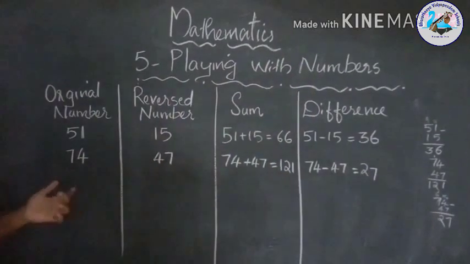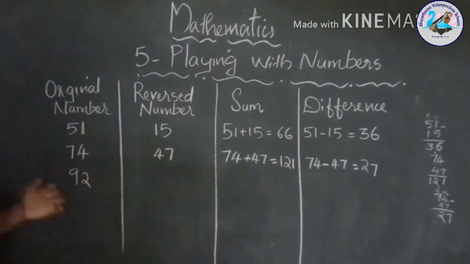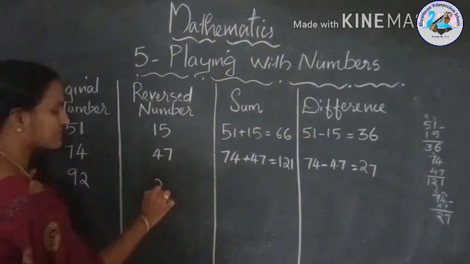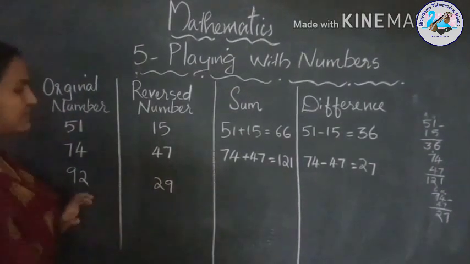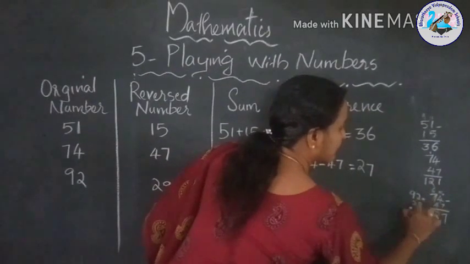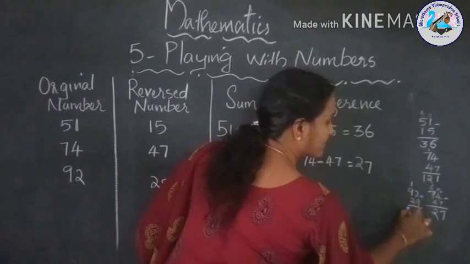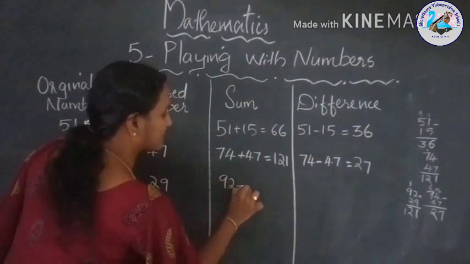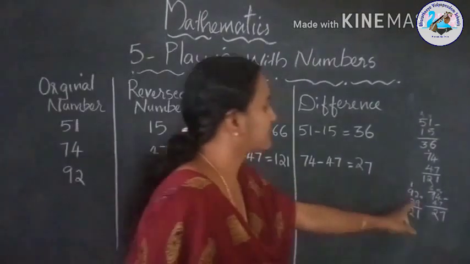Okay, one more example. The two-digit number is 92, and the reverse number is 29. You have to find out the sum. 92 plus 29. 2 plus 9, 11. Balance 1. 1 plus 9, 10, plus 2. So 92 plus 29 is equal to